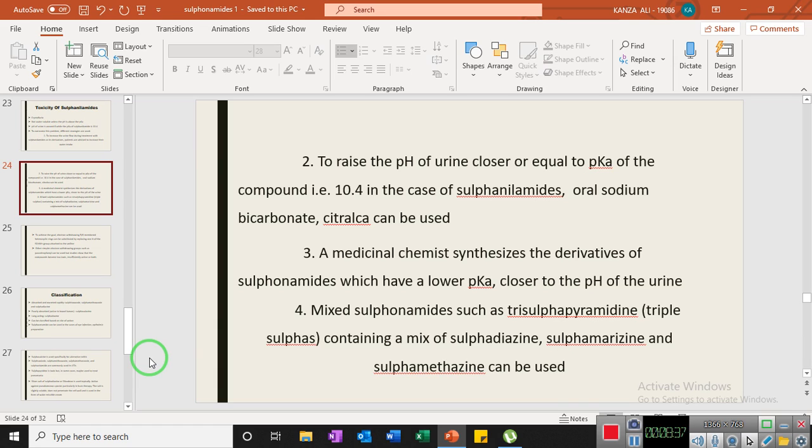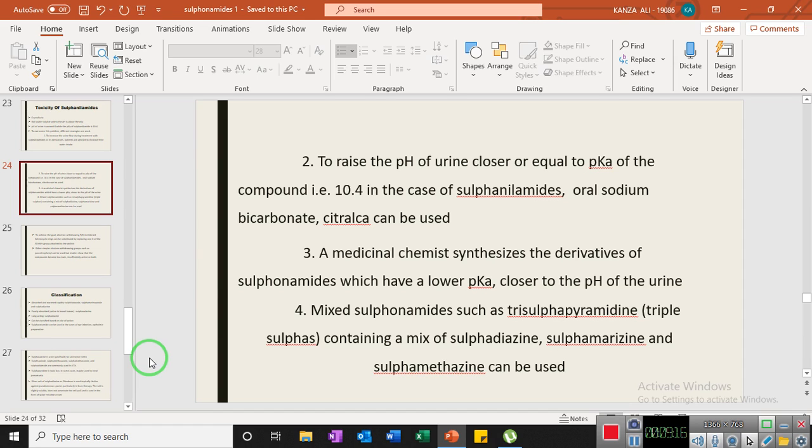The pK value is 6.1. Sulfamethazole, sulfisoxazole. In the case of sulfisoxazole, the pK value is 5. That is just closer or almost equal to the pH of the urine, while the other compounds such as